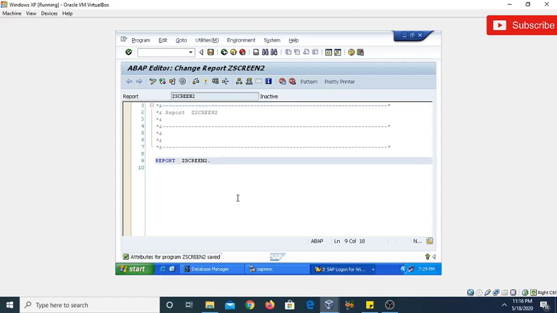Now the ABAP editor has been opened. Now I am writing the program of the selection screen based on the parameter statement as well as select options. Data gs_sflight, and the type is sflight.